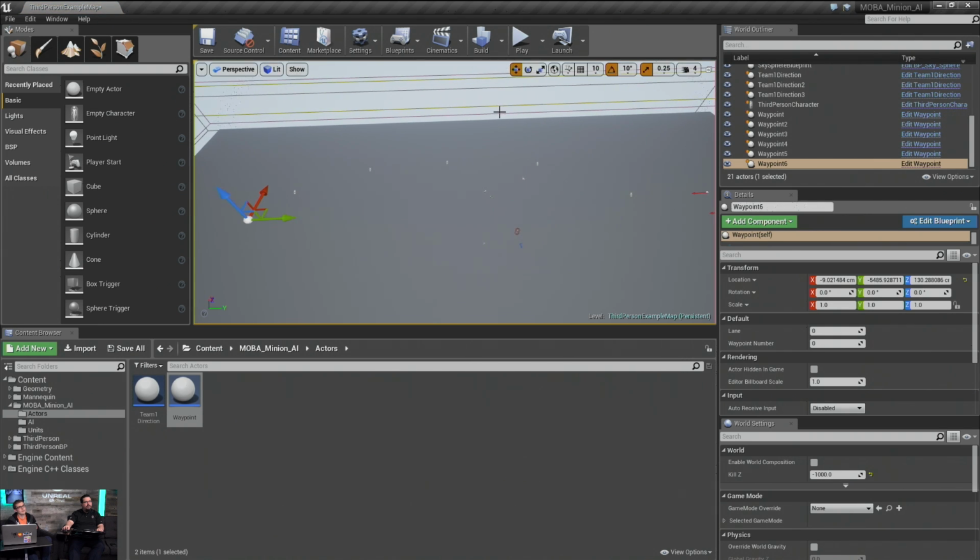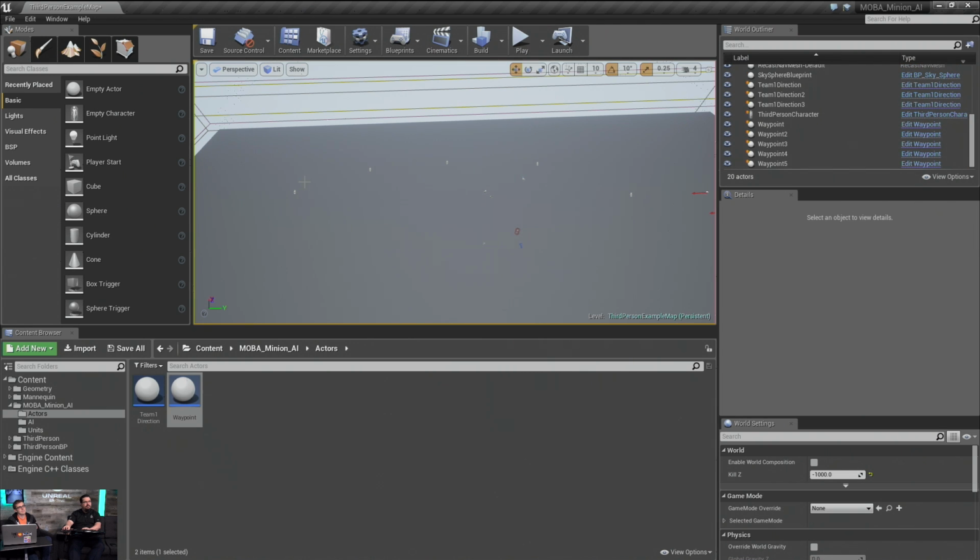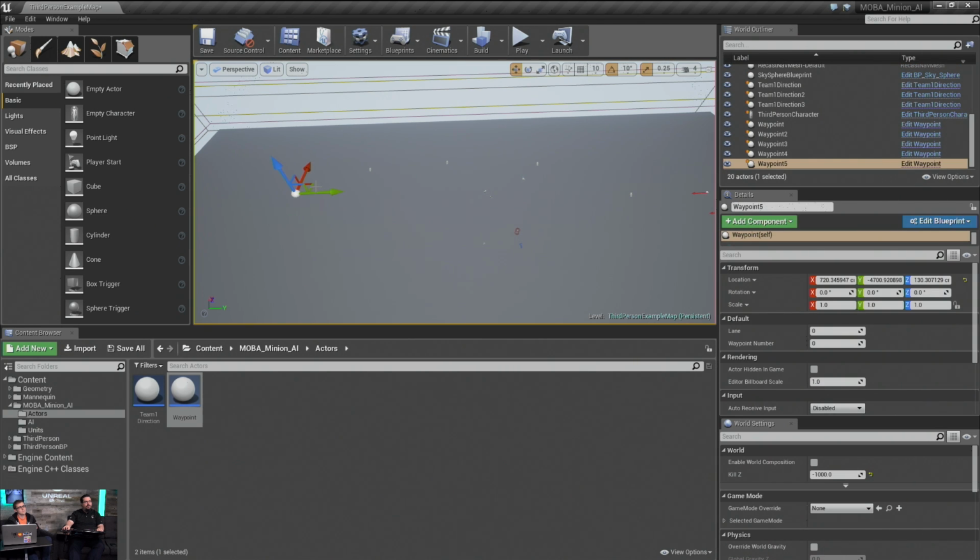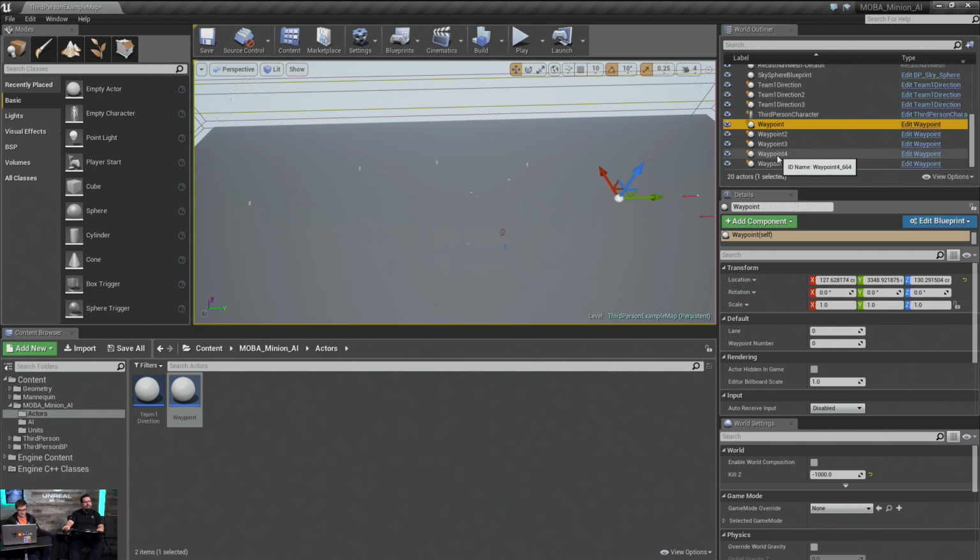Okay, wait, hold on. 1, 2, we'll just do 5 total. And this one will be like the end goal. All right, and before we go ahead and duplicate these, we can select them in order. So this is going to be 0, and then this will be waypoint 1, waypoint 2, waypoint 3, and waypoint 4.